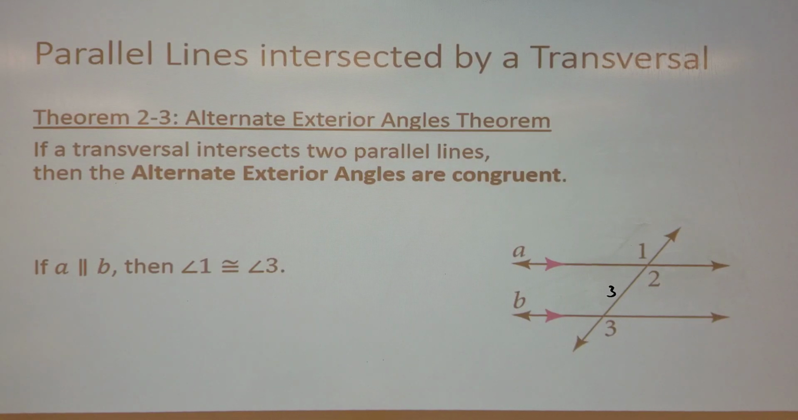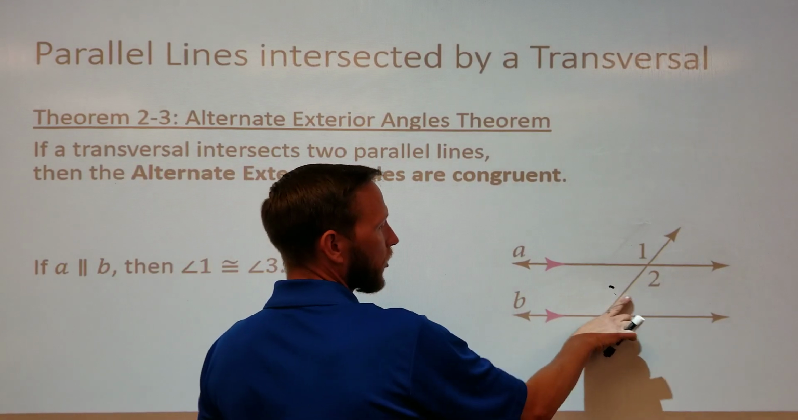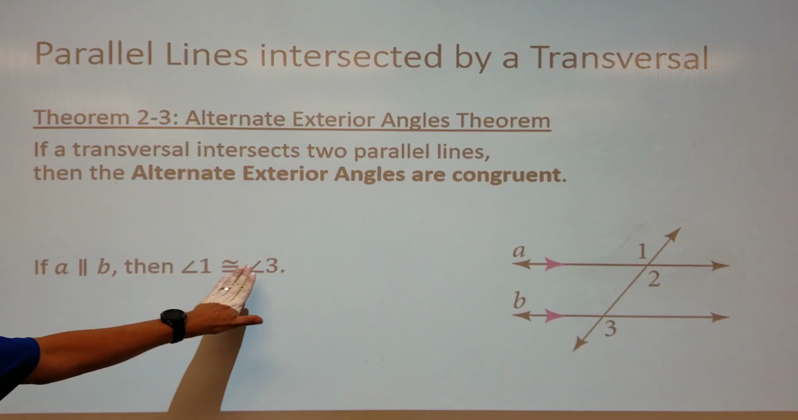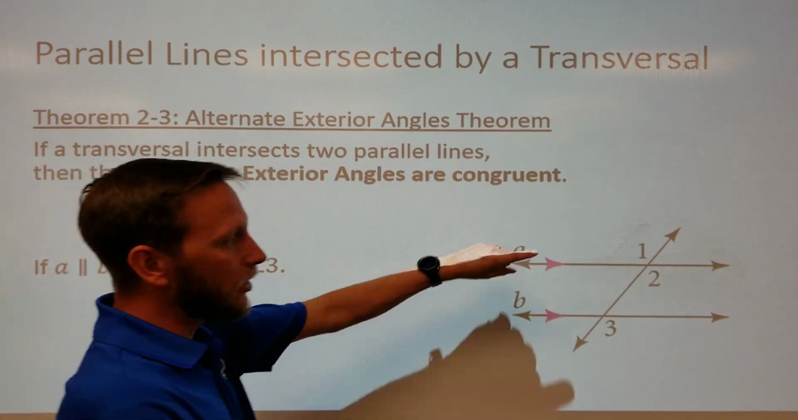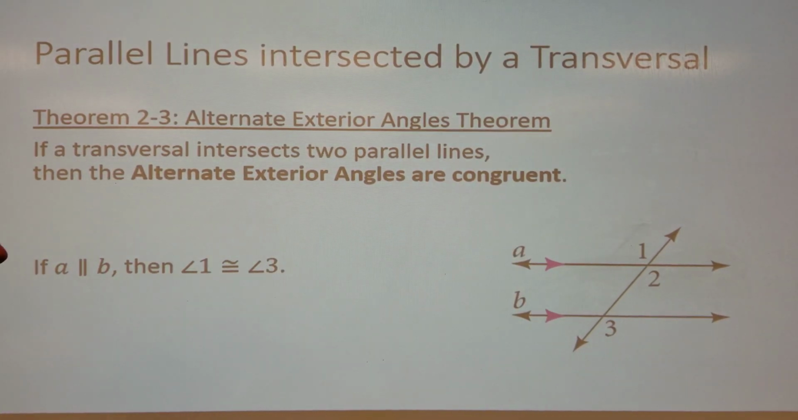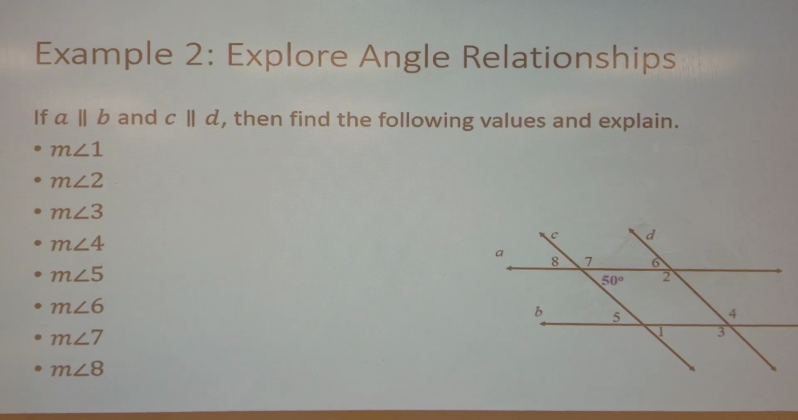Theorem 2.3, the alternate exterior angle theorem. All right? If A and B are parallel lines, then angles 1 and 3, the alternate exterior angles here, are congruent to each other. And we can go through a series of steps to make that proof. But angles 1 and 3 are congruent to each other. So we can use this information